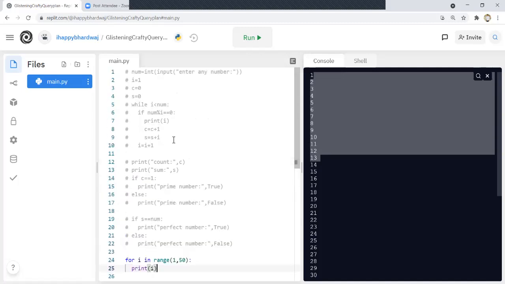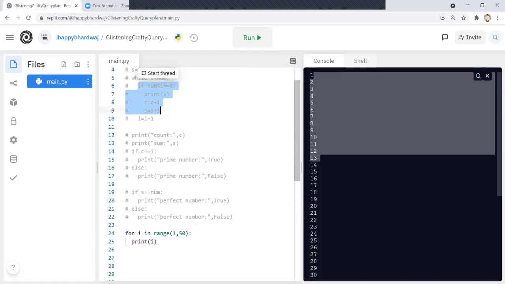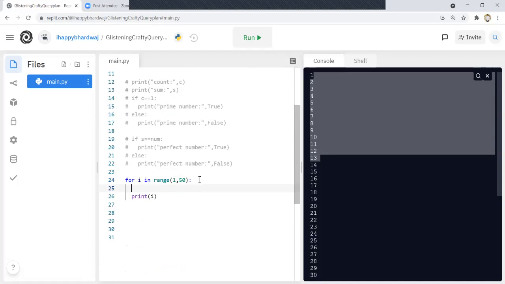Now, the same thing you can do with the help of this for loop also. If I paste this same code here, like finding the factors, it will work absolutely fine. We are simply writing if num modulo i equal to 0.